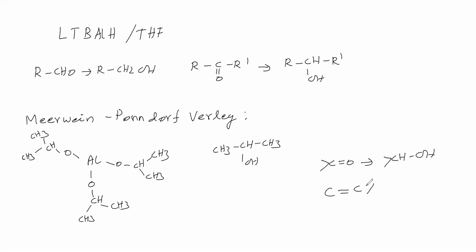The C=C double bond is not affected, and the C≡C triple bond is also not affected. The carbonyl compound is converting into alcohol. The carbonyl group C=O undergoes reduction to give CHOH. So it is called the MPV reduction. In this MPV reduction,